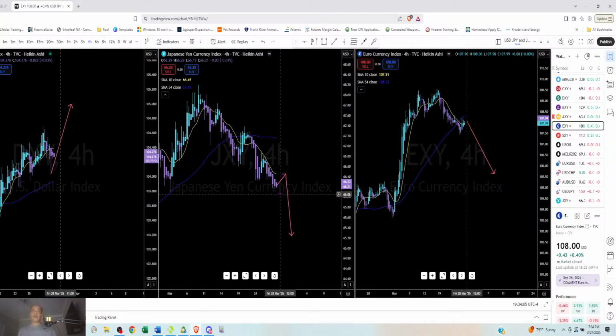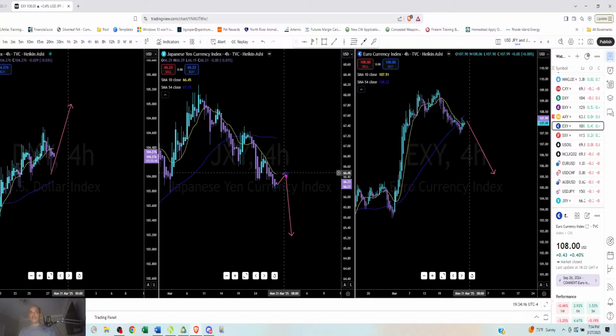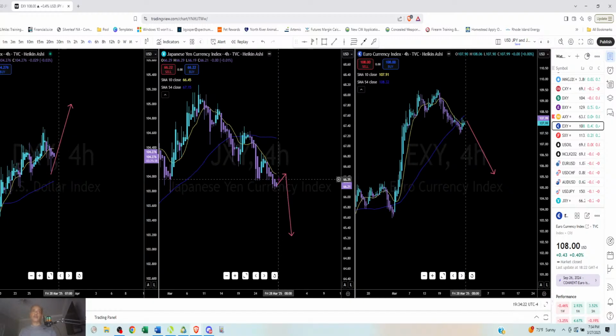right now. If the Japanese yen pulls back overnight, I mean, it's 7:30 New York time, so you'd have to get at least 3 candles, which would take us into the New York session probably tomorrow morning. I don't know if that's going to happen. If it doesn't, then I won't be trading the Japanese yen in any of these. I would only be looking to trade, like I just said, the Euro USD based on the way it looks